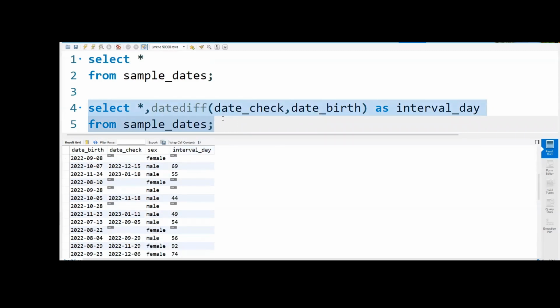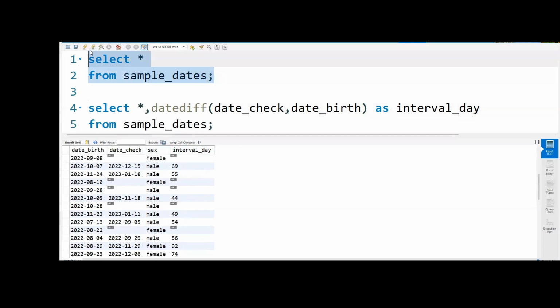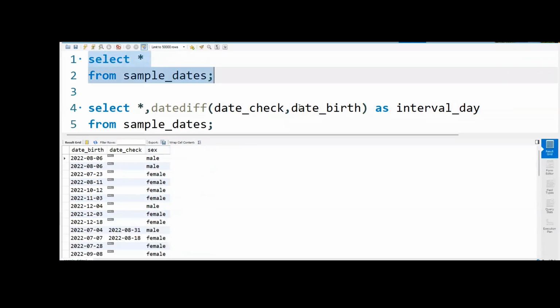But what this means is that this particular column is not permanent in this table. Okay, we've just queried it, we've just created it for the sake of our analysis. And if we go back and show the original table, that interval day column doesn't exist. So we haven't permanently altered this table. If we want to make this column permanent, such that whenever we run this query, we have that interval day,